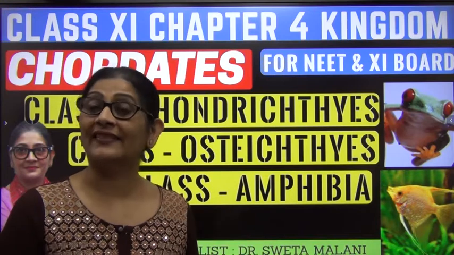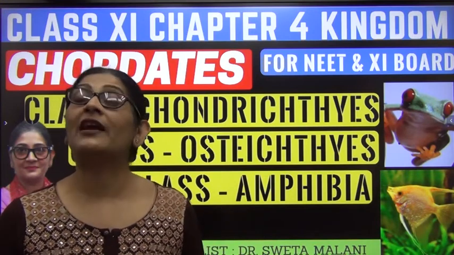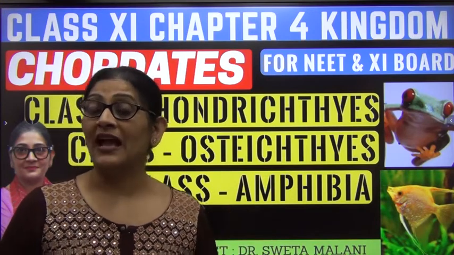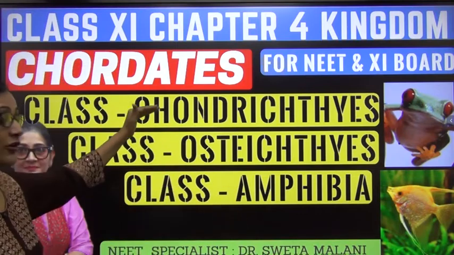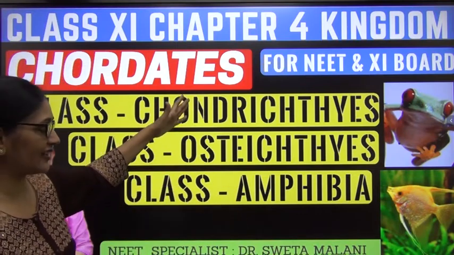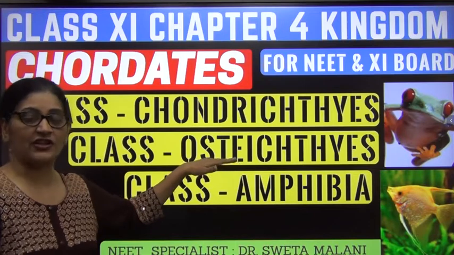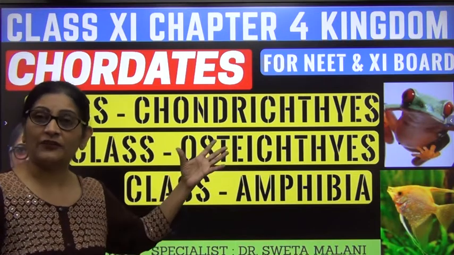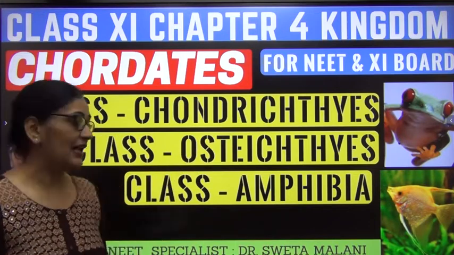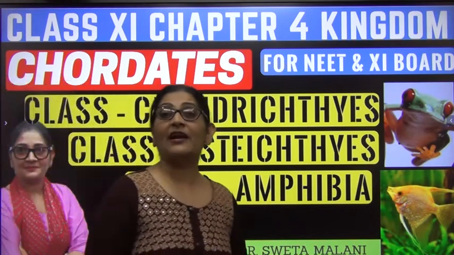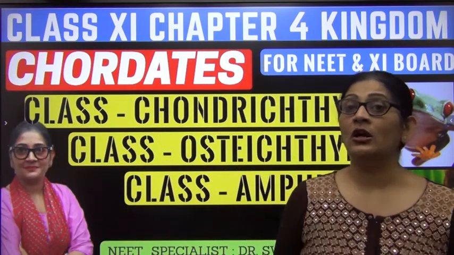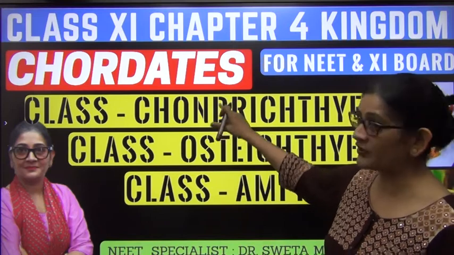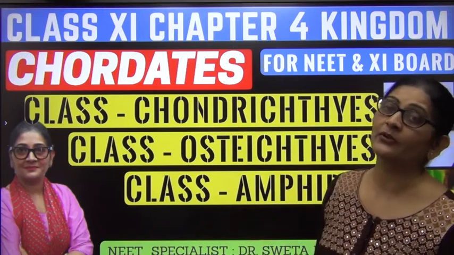We have done the protochordates, then the Agnatha, the cyclostomes, and today we are going to start the gnathostomes. In gnathostomes we are going to cover Chondrichthyes, which includes the cartilaginous fish, and Osteichthyes, which includes the bony fish. Together they are called Pisces, and Amphibia. So today we are studying Pisces, which includes the two fishes, and in Tetrapoda we are going to start with